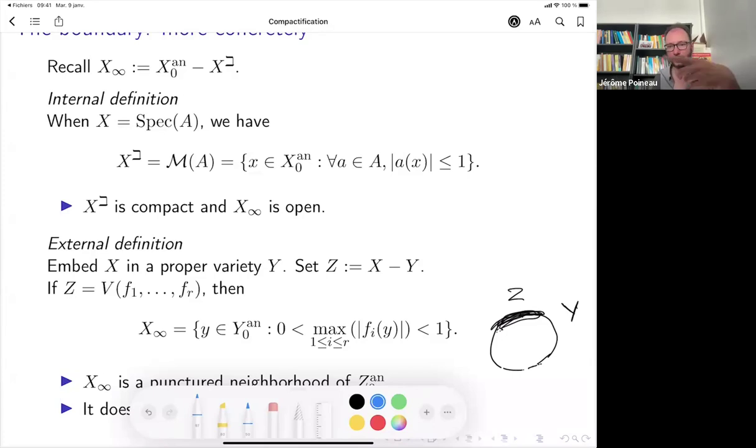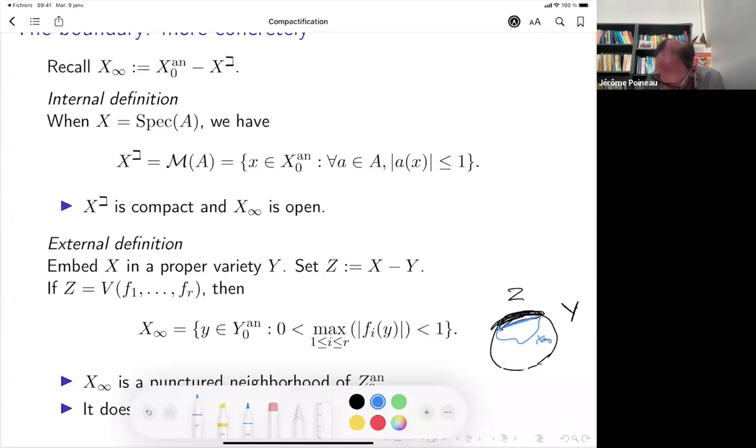So it's like max of the fi is 0. And then you take something a bit bigger, so the max of the fi is smaller than 1. So some neighborhood of Z, the part at infinity, but you remove Z because you want the max to be more than 0. So you remove something like that.